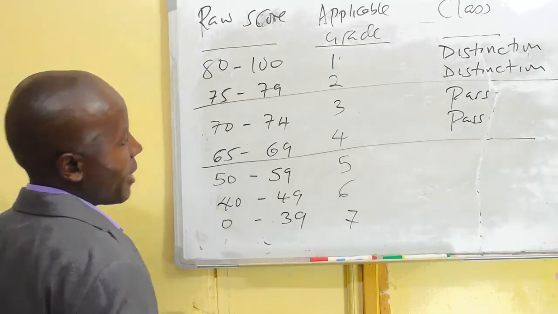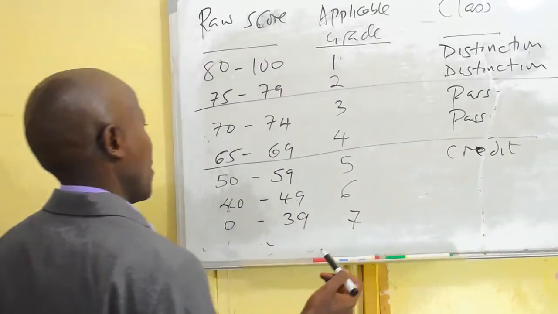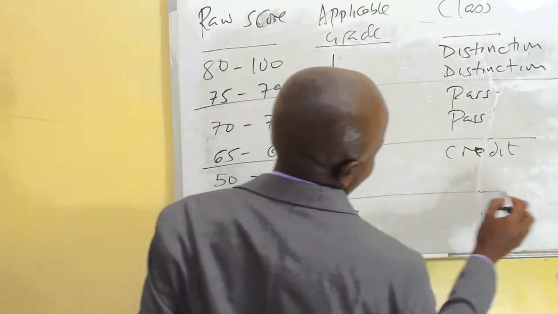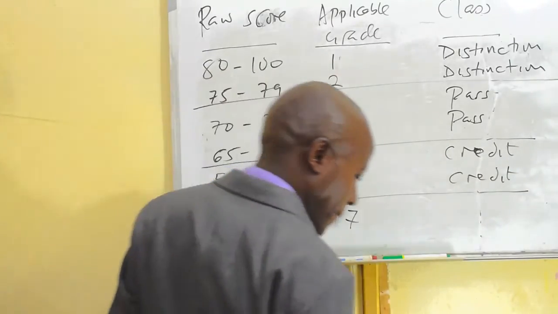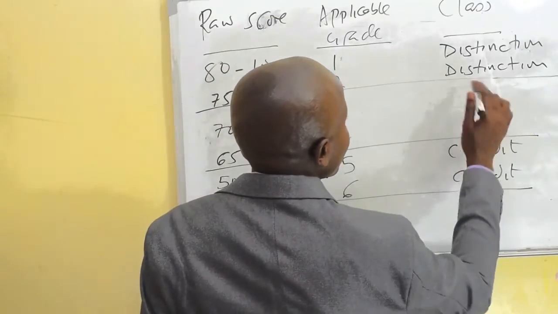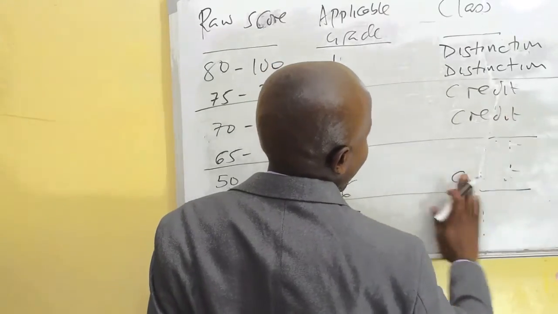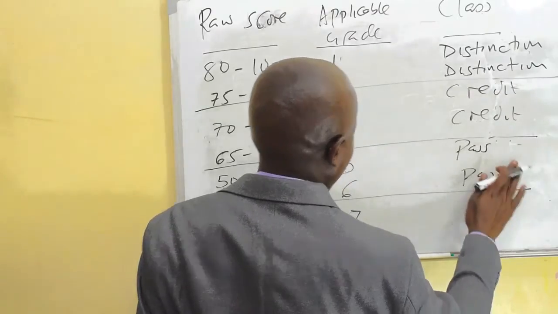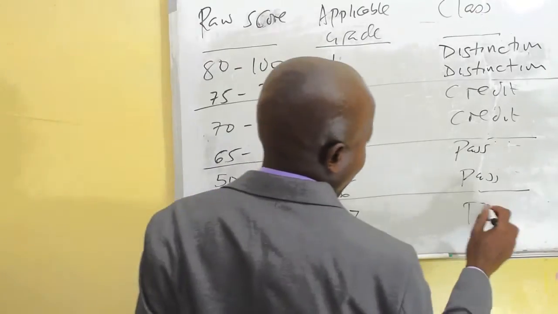60 to 64 is credit. And that is grade 5. 50 to 59, grade 6. Sorry, this is credit. My bad. And this is definitely pass. And then we have the last. This is where you fail. There's no